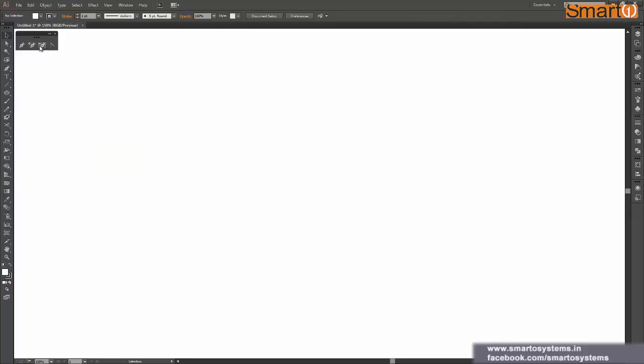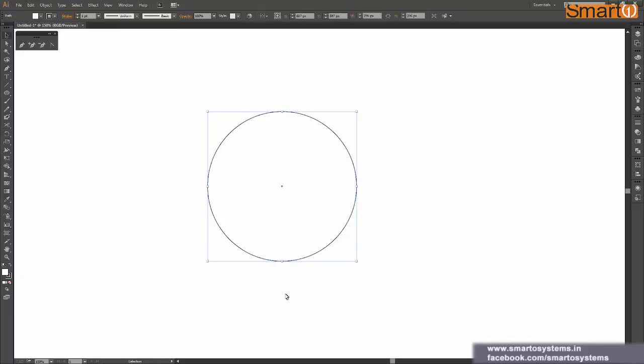these two tools also, that is add anchor point and delete anchor point. So far we have seen how we can convert a pen tool into convert anchor point tool. Now we'll see these two tools implementation also. So again I'm creating a circle over here, and while having your shape selected, I think select your shape first and then press P to select pen tool.